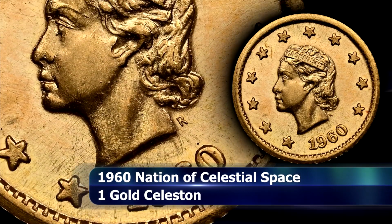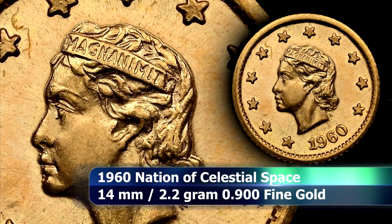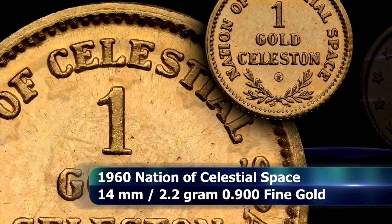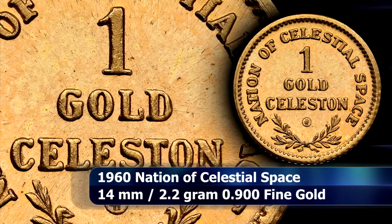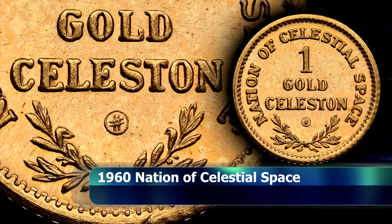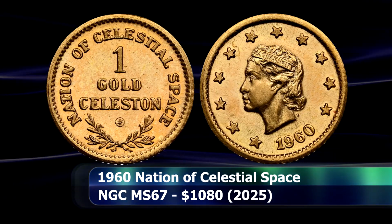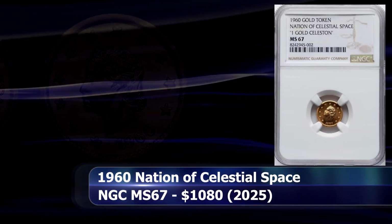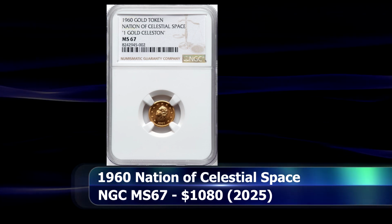man by the name of Thomas Mangan registered a sovereign nation of Celestia, claiming under its jurisdiction, and I quote, "the entirety of outer space on behalf of humanity to ensure that no one country might establish a political hegemony there." Several brass, silver, and gold coins were then issued under that authority. This item was graded by NGC as MS-67 and sold at auction's close for